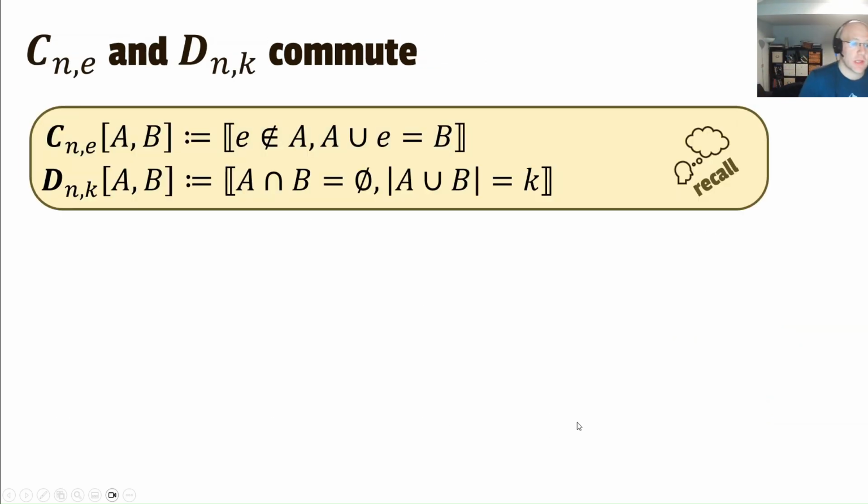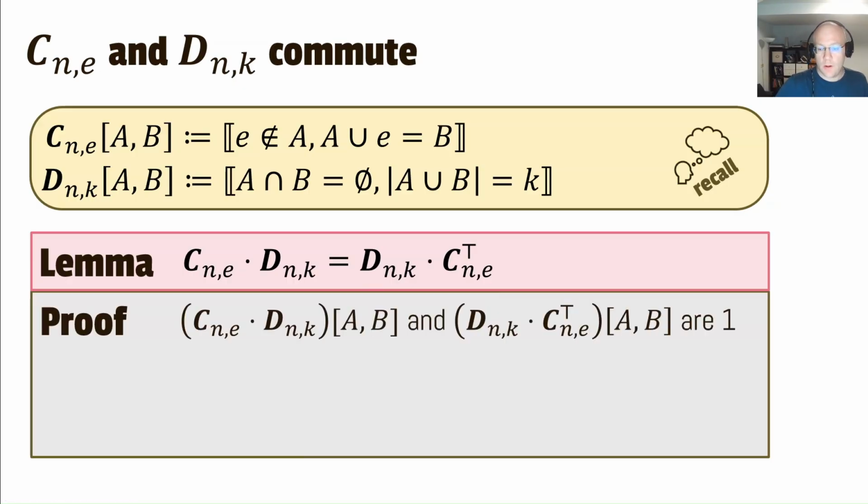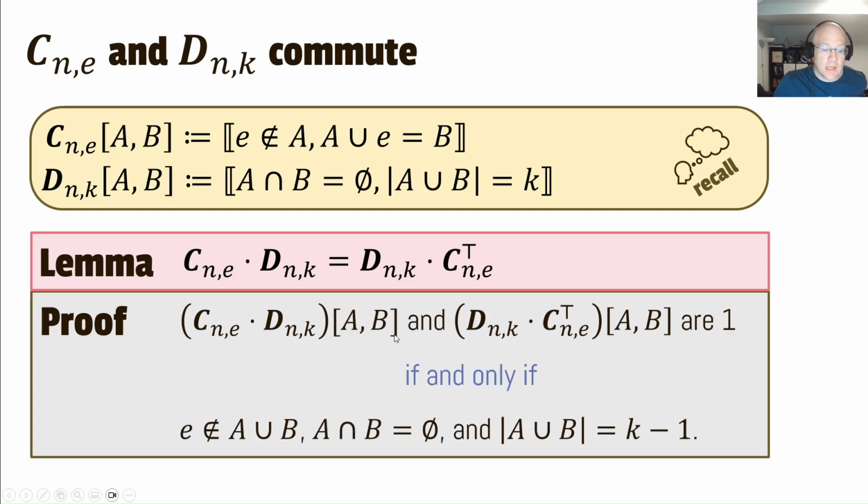Okay, so now I introduce these two matrices, and now follows a pretty obvious insight, but somehow that helped me a lot in writing this paper, so I really want to spend a slide on it, which is that these two matrices actually commute. So C times D is equal to D times C transposed. And the proof is, if you look at the entry AB in both of these products, they are both 1 if and only if the element e is not in A and also not in B, A and B are disjoint, and the cardinality of the union needs to be equal to k minus 1. So yeah, that's a one-liner,